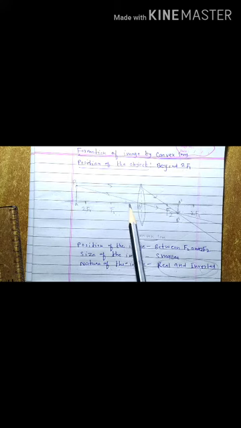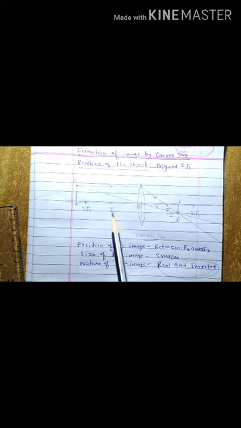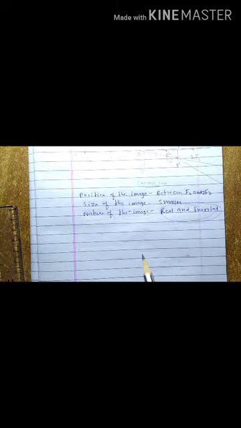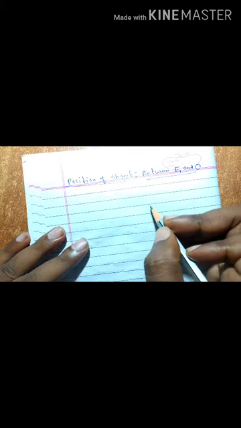The last case is important, when the object is in between f1 and O. In that case the image will form on the same side of the lens, very large, or you can say a magnified image will form. Nature of the image, in that case, virtual and erect. So that ray diagram I am going to make here. Position of the object between f1 and O. So again I will make a lens.